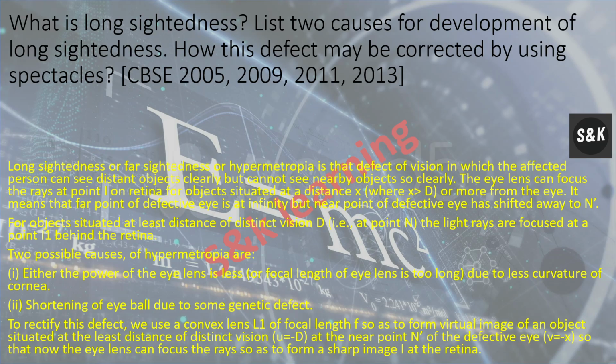What is long-sightedness? Long-sightedness, far-sightedness or hypermetropia is that defect of vision in which the affected person can see distant objects clearly but cannot see nearby objects so clearly. The eye lens can focus